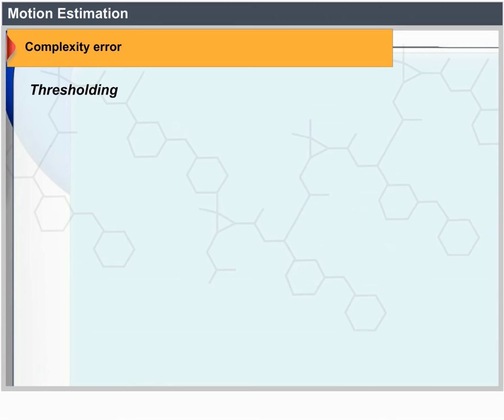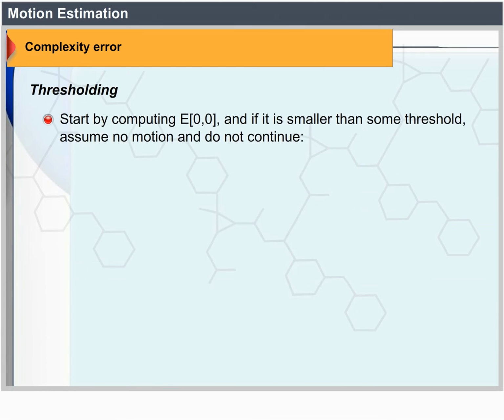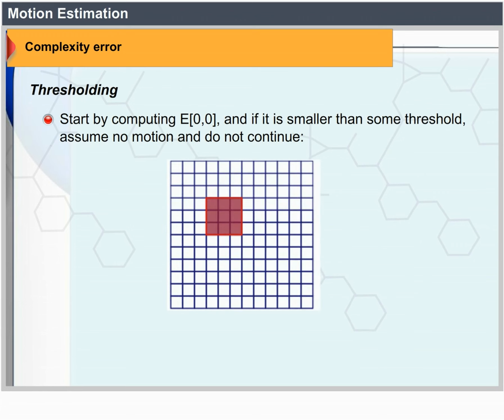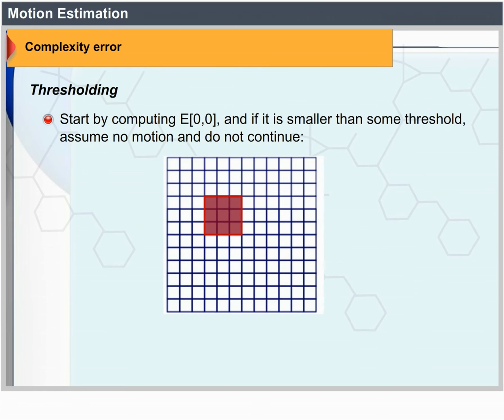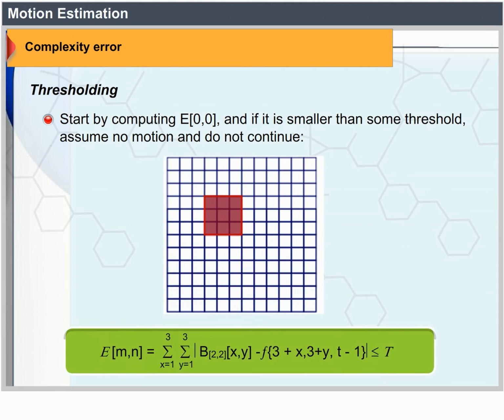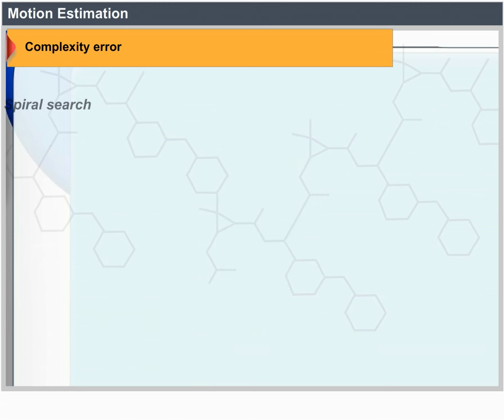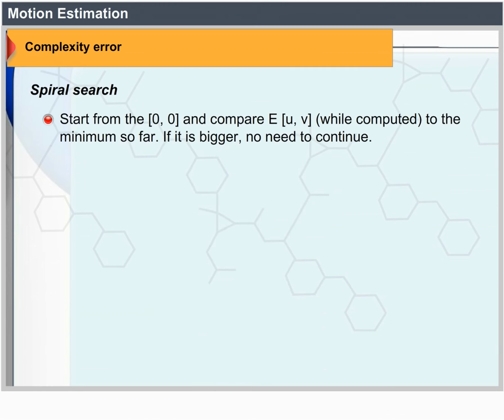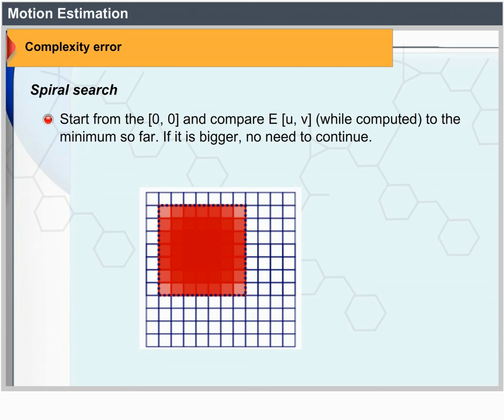Thresholding. Start by computing E(0,0), and if it is smaller than some threshold, assume no motion and do not continue. This can be represented as spiral search. Start from E(0,0) and compare E(u,v) while being computed to the minimum so far. If it is bigger, there is no need to continue. This can be represented as